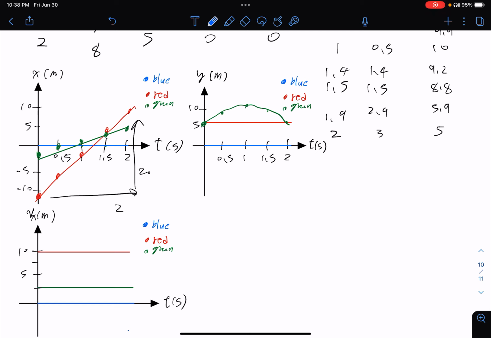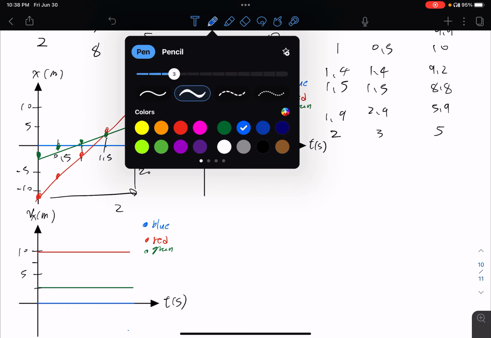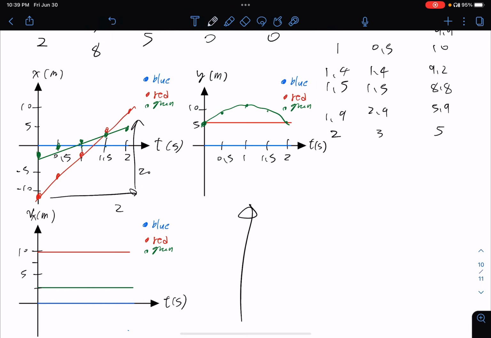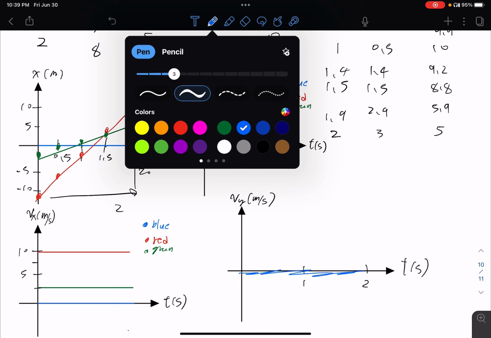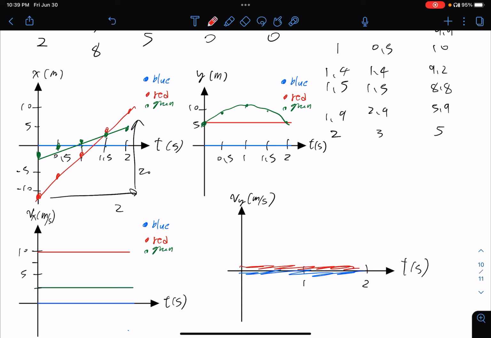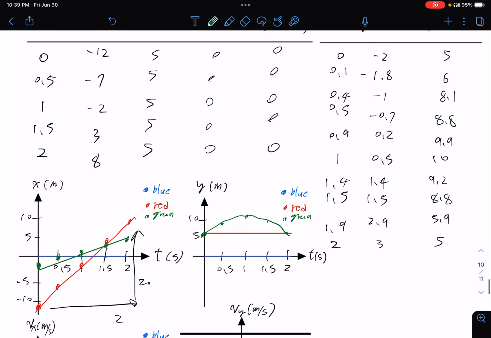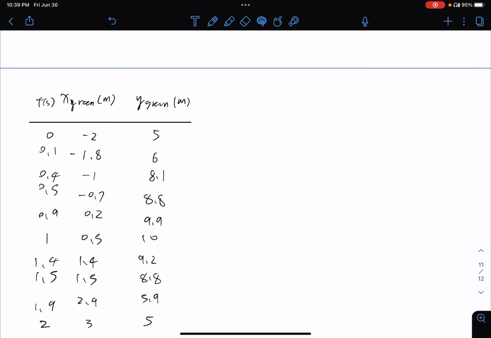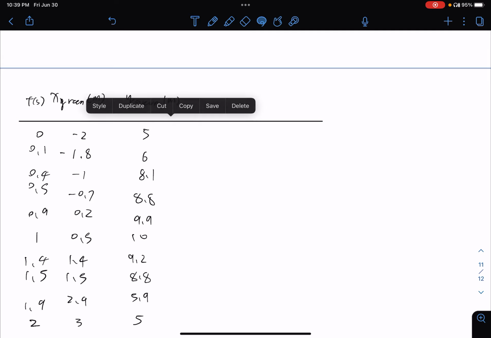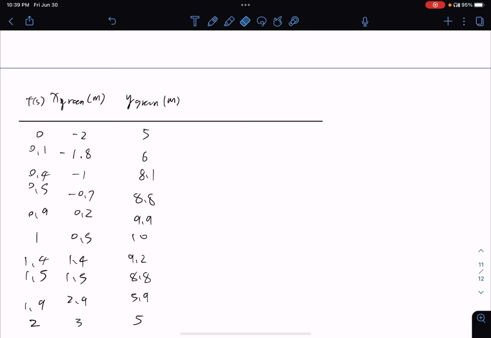For here, the vyt plot, let's start with the two easy ones, which are both 0, because they are just flat lines. T and y, vy, it should be meters per second. So 2, 1, 0 for the blue dot and the red dot, because they are not changing their y position. And for the green dot, again, we need to do the calculation. Vy, this is the y velocity